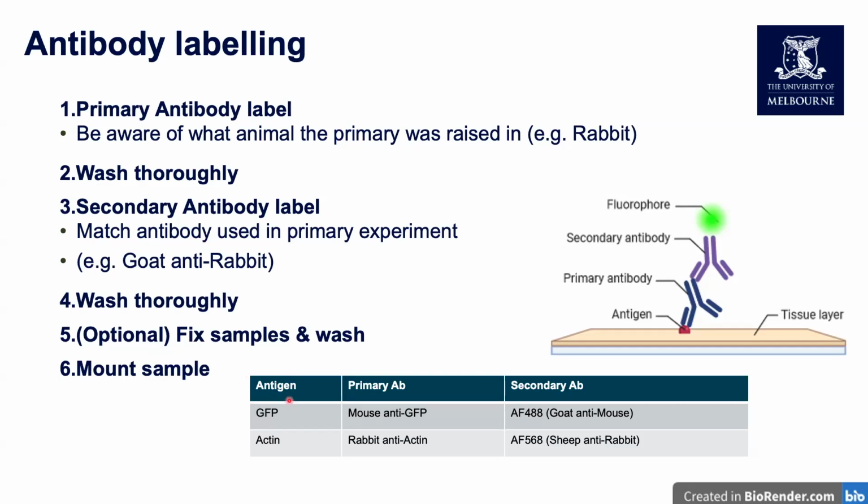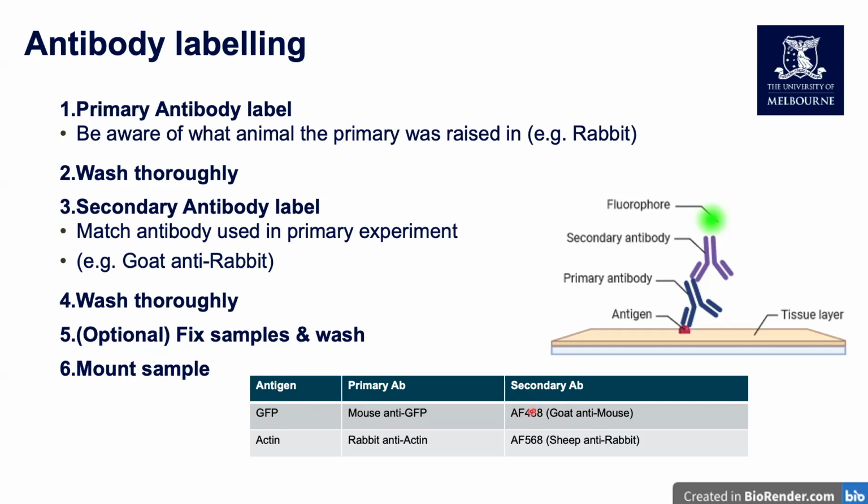So down here, we've got an example in this table. Our antigen is GFP, which we're trying to detect. We've got a mouse anti-GFP, so an antibody that detects GFP, which was raised in a mouse. Our secondary in this case needs to be an anti-mouse antibody, which was raised in goat and is conjugated to